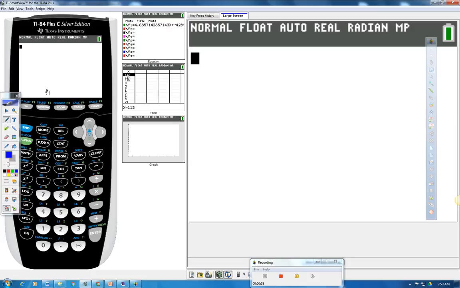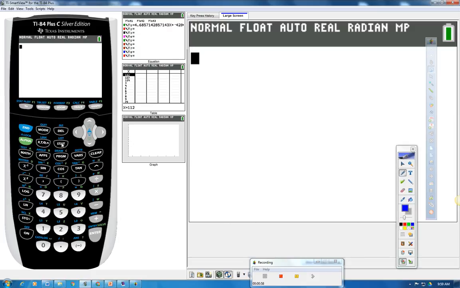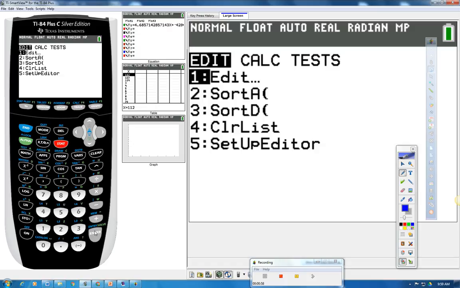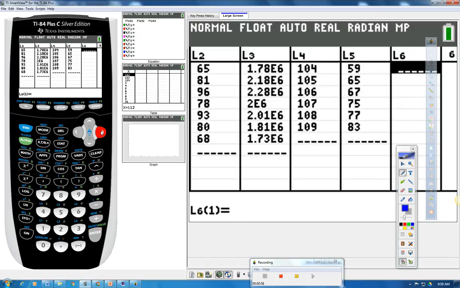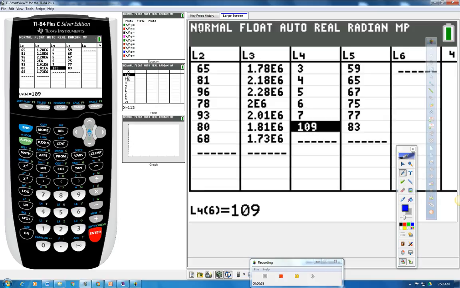I'm going to go to my calculator. I'm going to go to the stat function, and I'm going to edit some lists. You can see I have a lot of lists in there. You can even start to name your own list. What I'm going to do is enter this into L4 and L5. So I know that I had 3, enter, 4, enter, 5, enter, 6, enter, 7, enter,